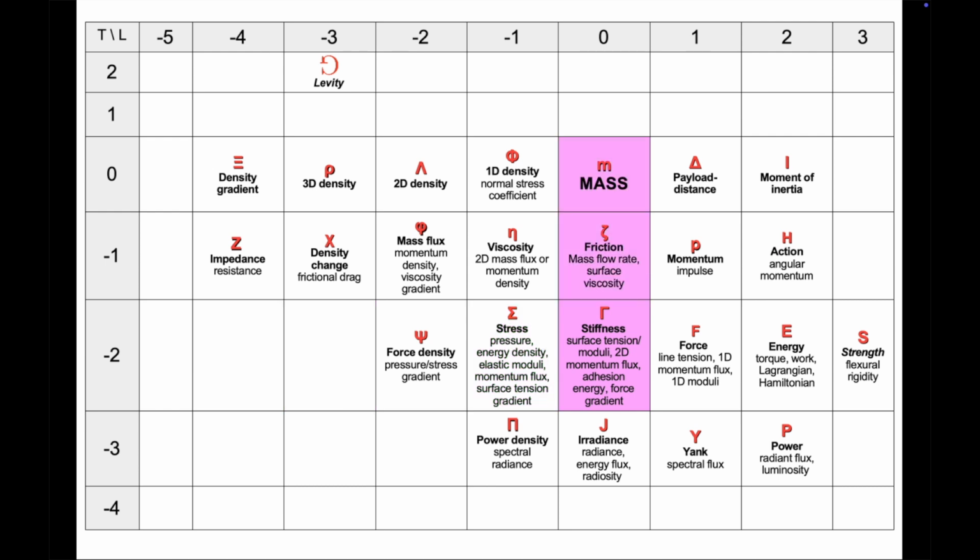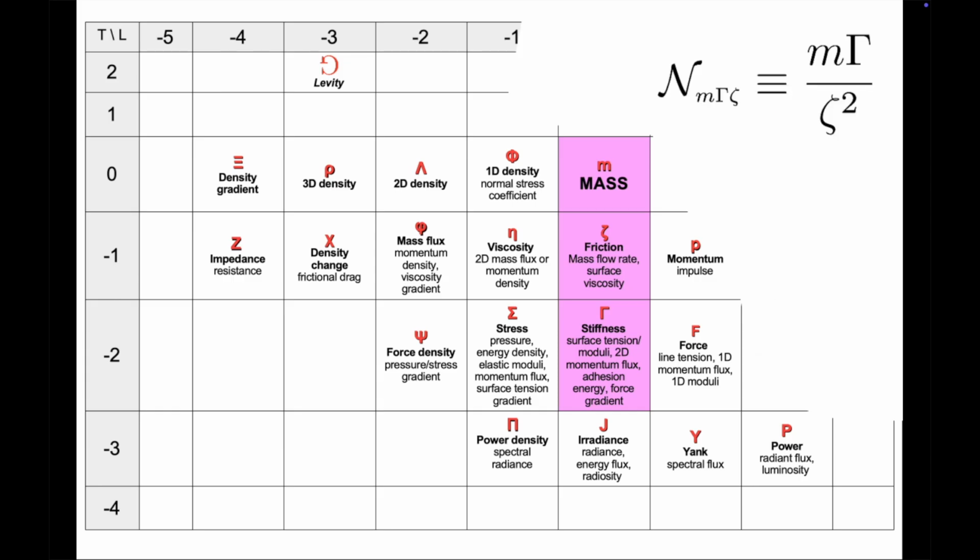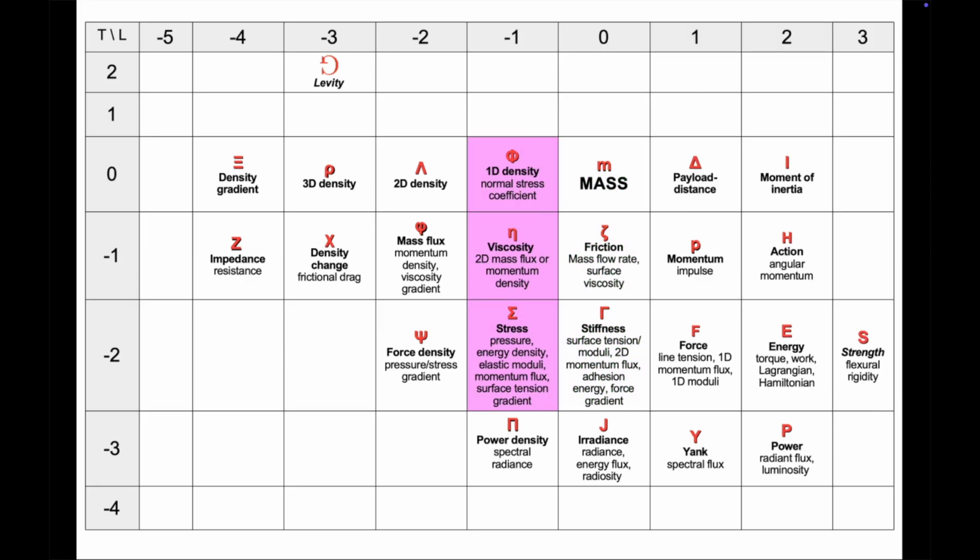a famous trio that can be used in the context of damped oscillators, where m is the mass, gamma the stiffness of the spring, and zeta the friction that progressively damps the oscillations. We invite you to relate the index of this trio to what are called the damping ratio and the Q factor. We also invite you to explore other trios. Not far is this one useful in rheology, or this one, which we suspect would be useful in the study of turbulence in viscoelastic fluids.